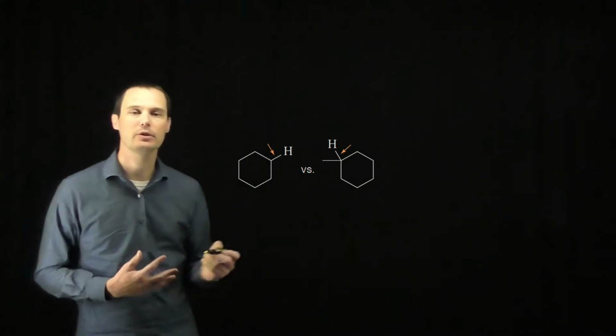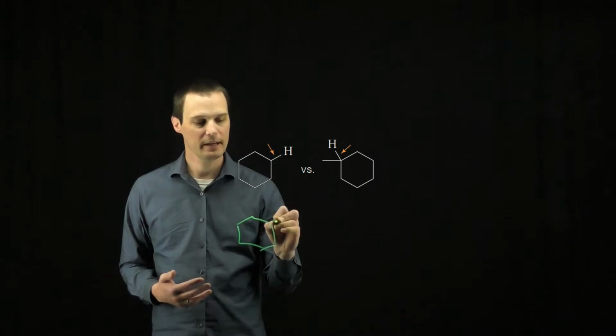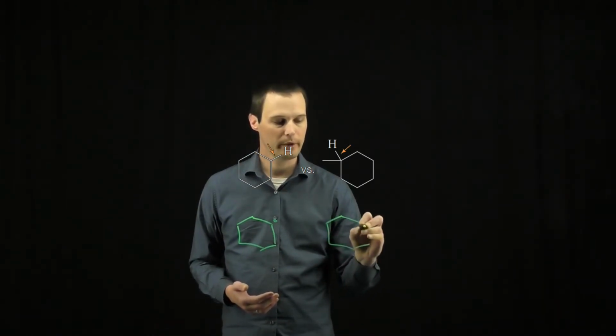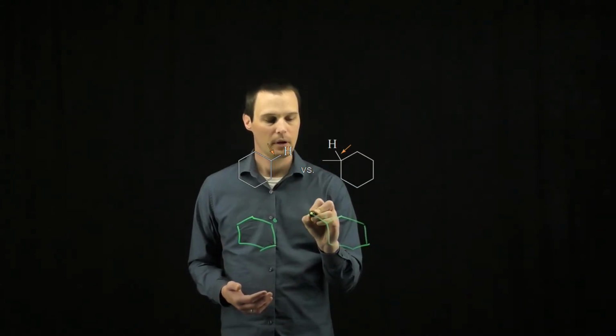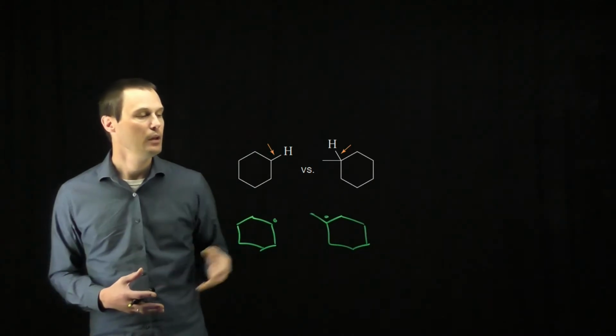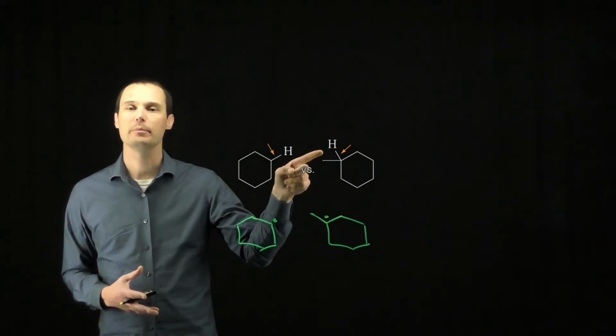So let's look at the resulting carbon radicals in each case. For this structure, we will form a secondary carbon radical versus this other structure where we will form a tertiary carbon radical. A tertiary carbon radical is more stable than a secondary carbon radical. It will be easier to form than a secondary carbon radical, which means this carbon-hydrogen bond will be easier to